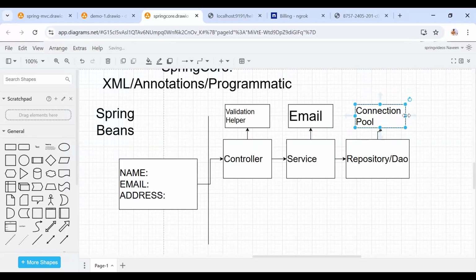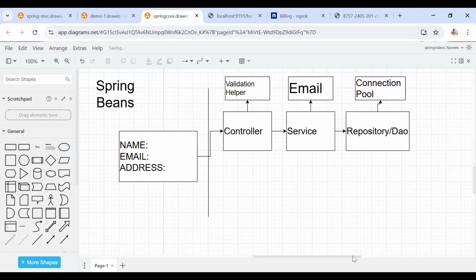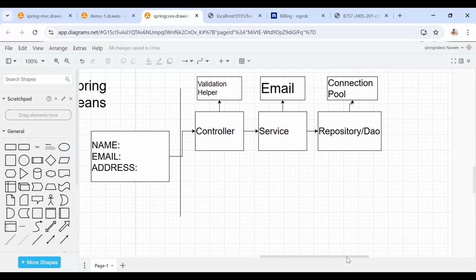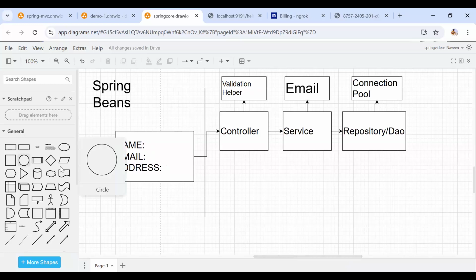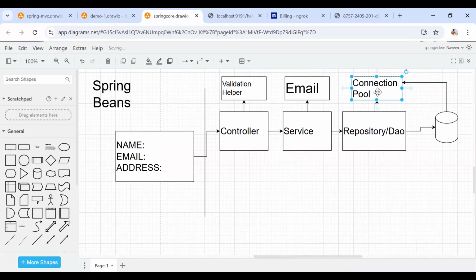What is the use of a connection pool? That's again a different discussion. A connection pool maintains a pool of connections. In traditional JDBC, if you know, we open one connection from the database and we close it after completion of our job. But in real time, that should not happen. Directly, you should not open and close. During application startup itself, we will build connections. We'll bring all the database connections into a pool. Via the pool, your repository will access them,